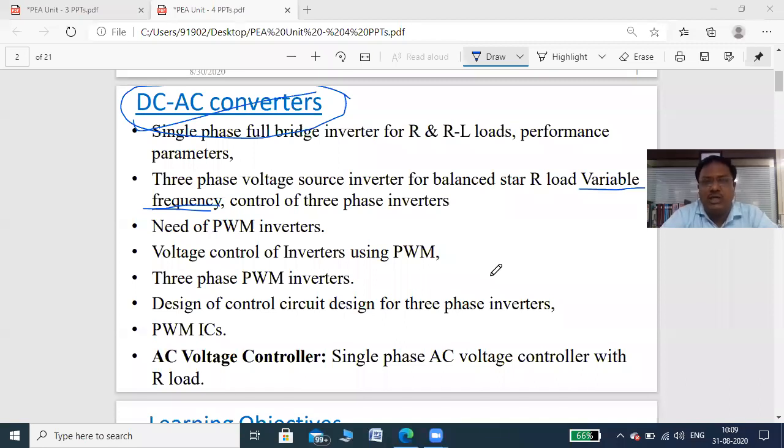Even you can change the voltage level, but if you require variable frequency, another example is the induction cooker, induction heater, or induction heating, right? I don't know exactly what is the meaning of that. Or even the microwave oven, right? Microwave oven is one of the best examples. So microwave, it means microwave frequencies are there. So microwave frequencies, maybe microwave